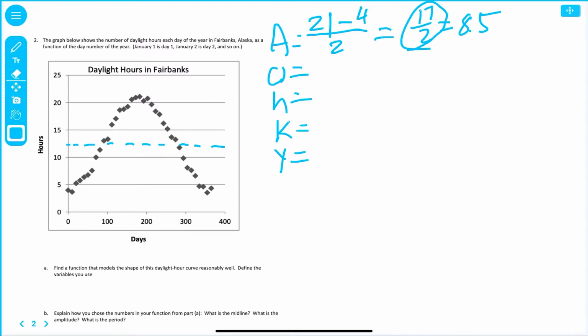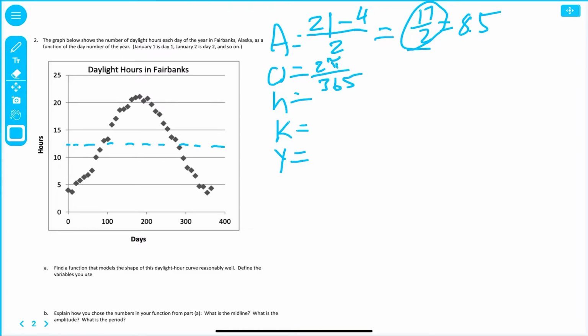All right, so what is going to be our period here? This goes back to what we were just talking about. What's our period here? When is it repeating? Think about the context of the problem. What are we looking at? An entire year, right? So let's call it 2 pi